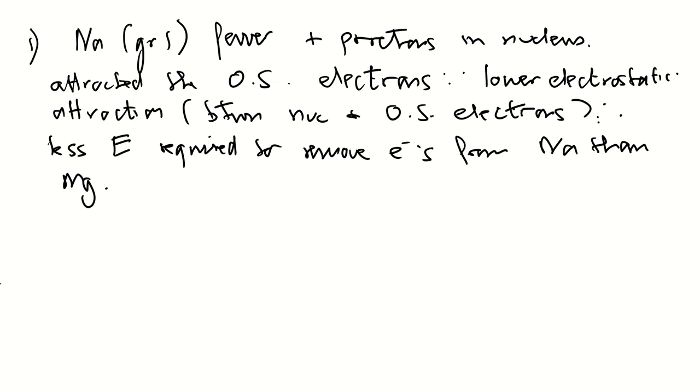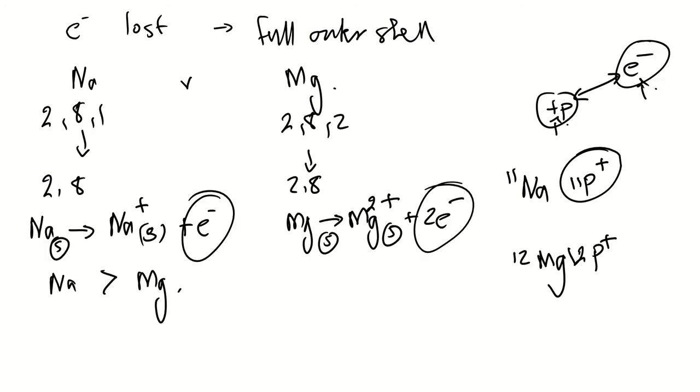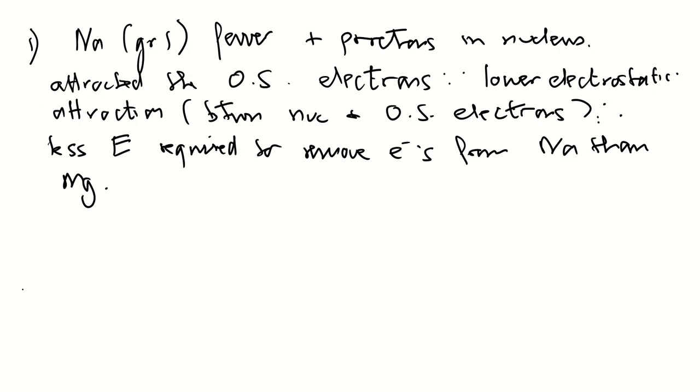Okay, right, let's have a look at number two then. If we go back to number two, this is usually the one that students pick up on first, and I can see why. What's happening here is in group one we're only having to remove one electron, whereas in group two we're having to remove two electrons, and it makes almost common sense that if we have to remove two electrons, so in group 2, we are going to have to remove two electrons,